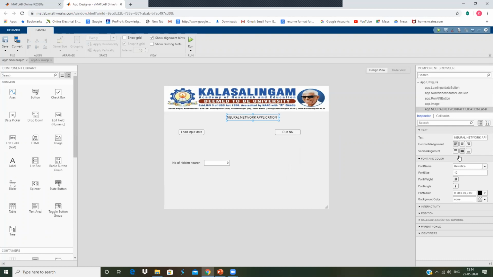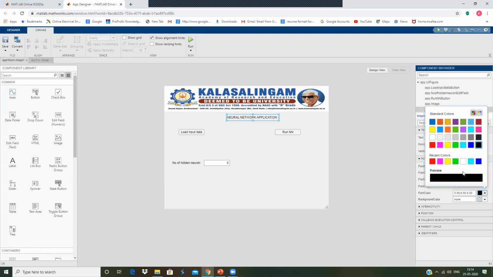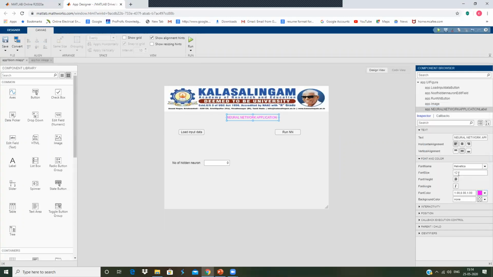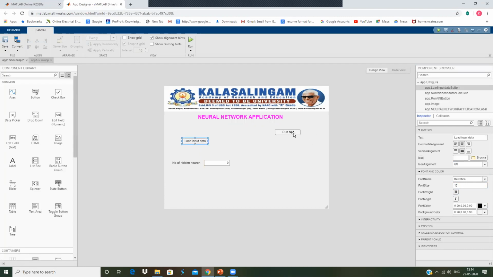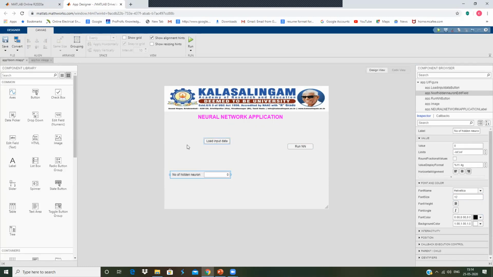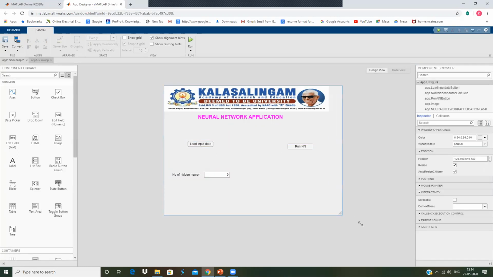Okay, and if you want to change the color, you can do everything. You can change the size. You can just drag it and keep it anywhere else. No problem. And you can even expand the figure also. This design view's figure also, no problem.